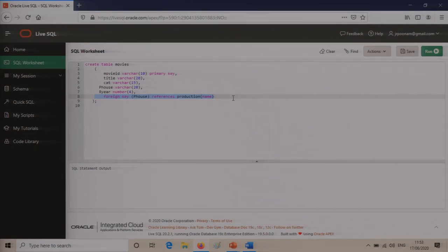Instead, what we can do is postpone the creation of the movies table until you have already created the base table. So which is the base table here? You can see the production table is the base table. So I'll just run this query.